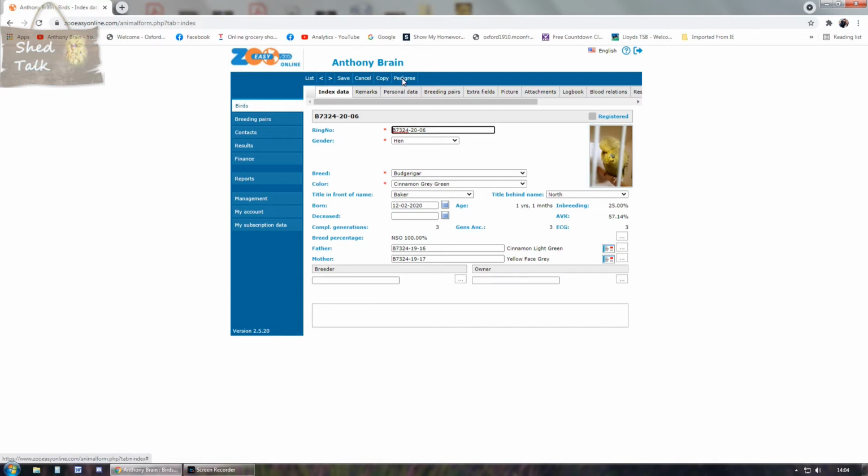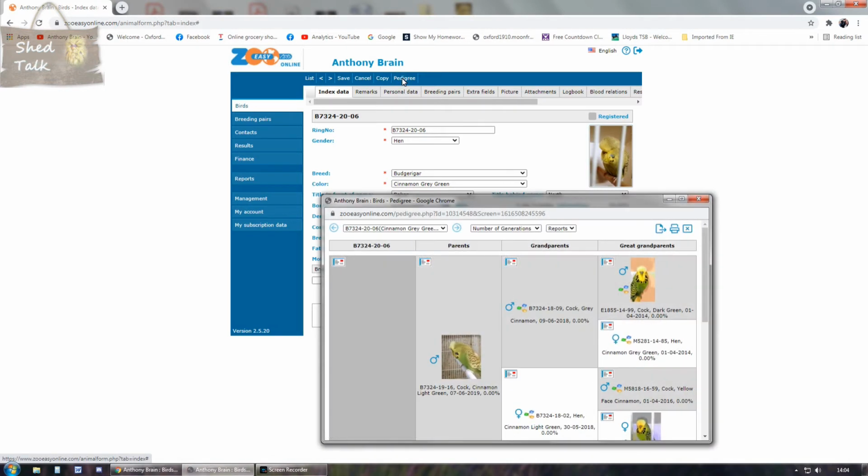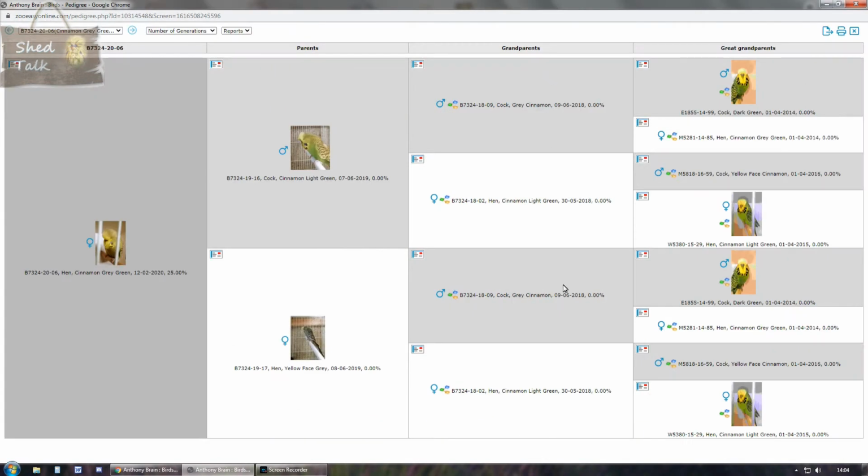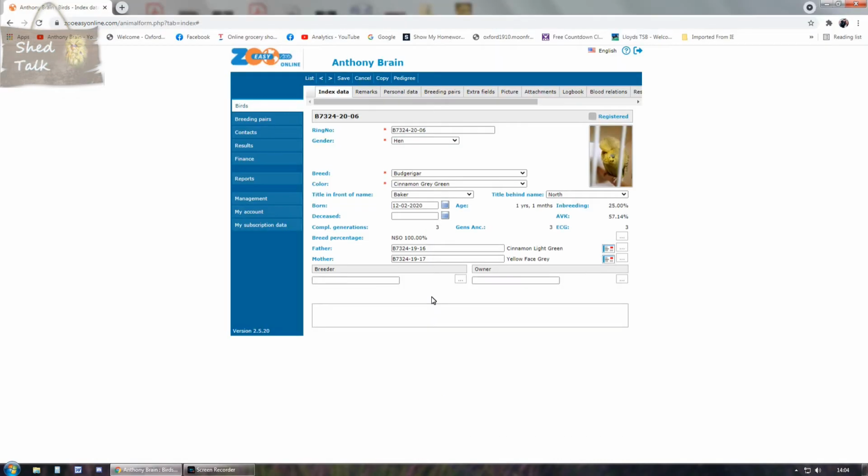So if I click on the pedigree bit up here, you'll see that it now pulls out a separate card again, a separate window. If I just expand that, it basically goes back and shows me the parents of these birds. So any that have got these 3 dots in means that there's some common ancestry there, and you can see that there was some common ancestry in the background of these birds. So that's us looking at the individual cards